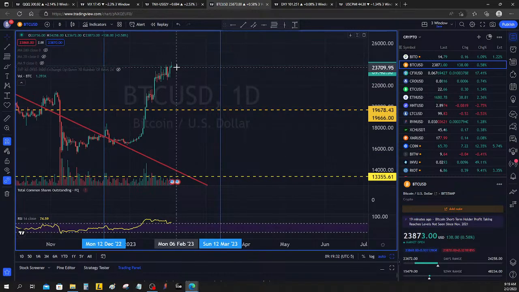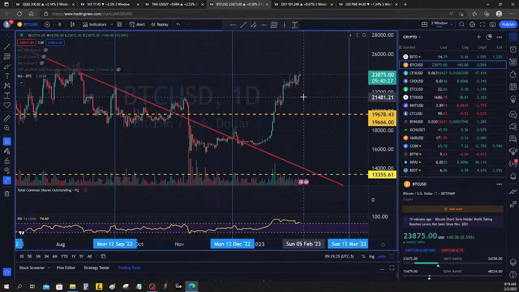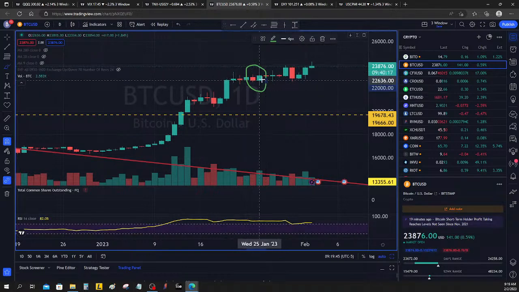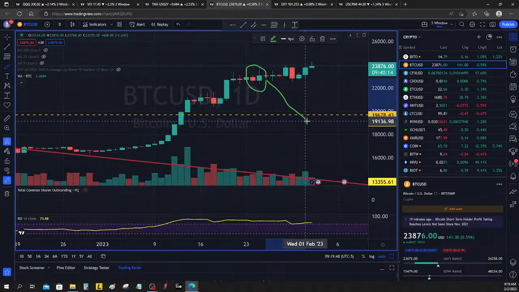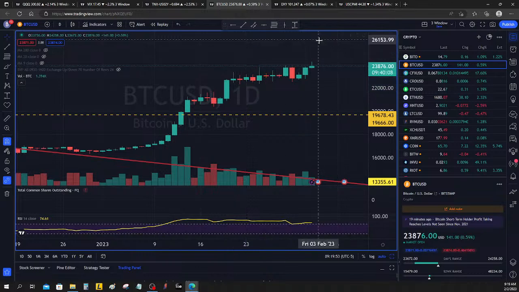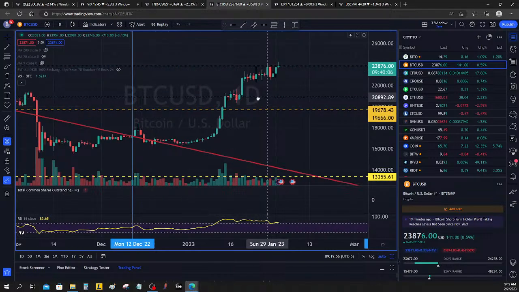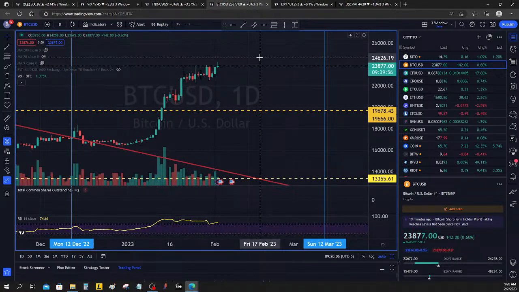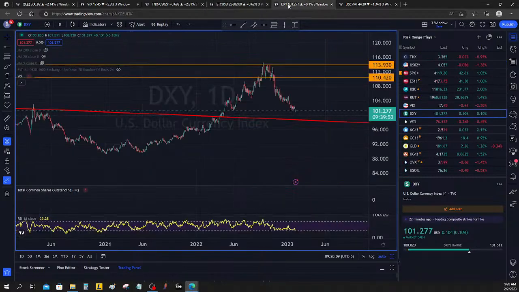Let me zoom in a little bit here. This day right here on the 25th of January, I was really expecting that day to be a false breakout and we'd see a further down move. However, Bitcoin is holding up really well here and doing a nice drift after a rocket move up and a second breakout, and now it's just drifting from bottom left to top right. Great thing to see.